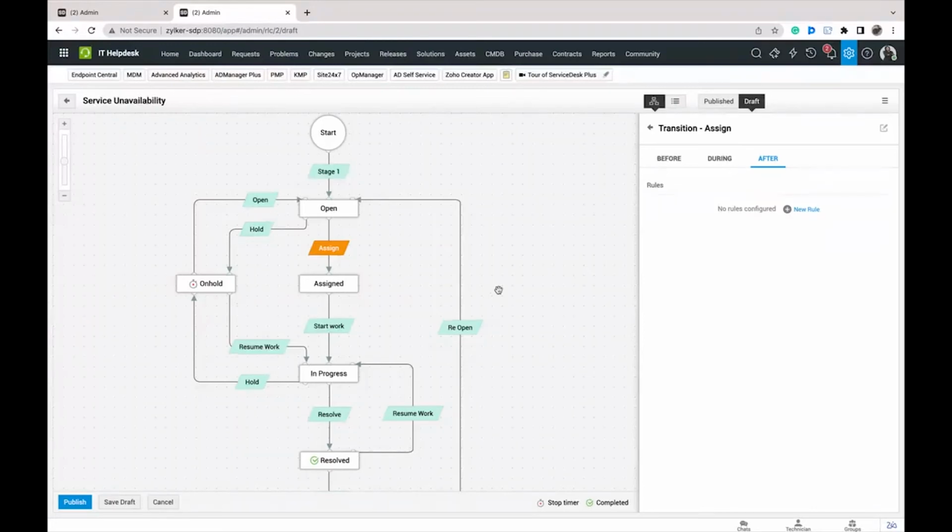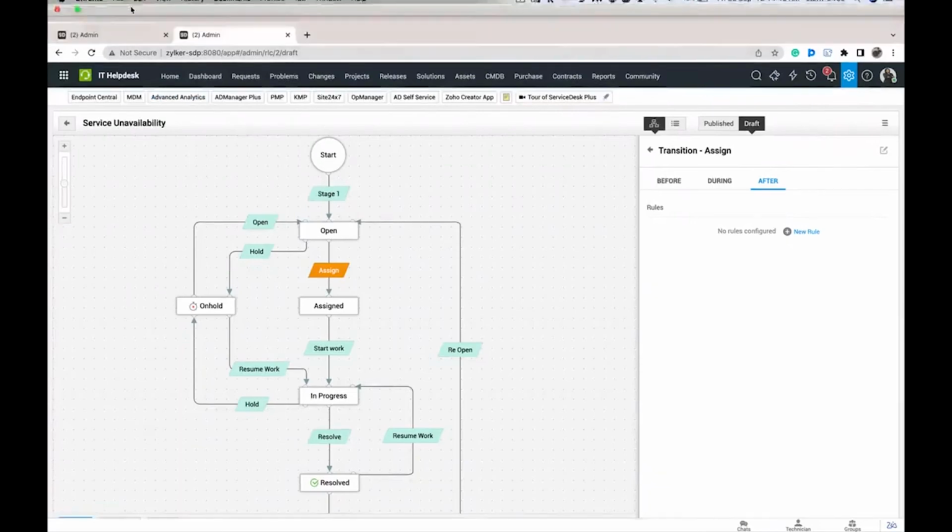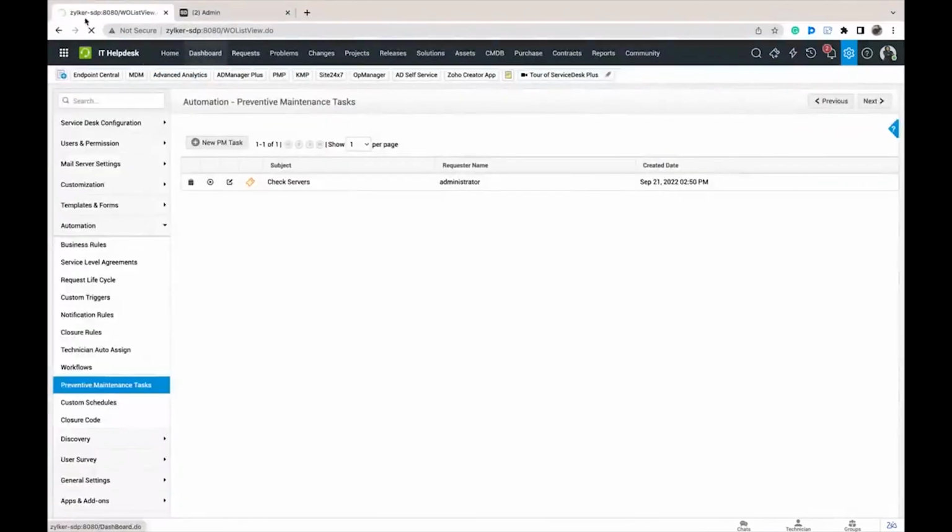Now, this will help you set guidelines in place on how requests should be handled. So even your newest technicians or your less experienced agents will be able to handle tickets because lifecycle will help them literally document how they can proceed further. Let me take a moment and show you how it is done. So in the request tab,